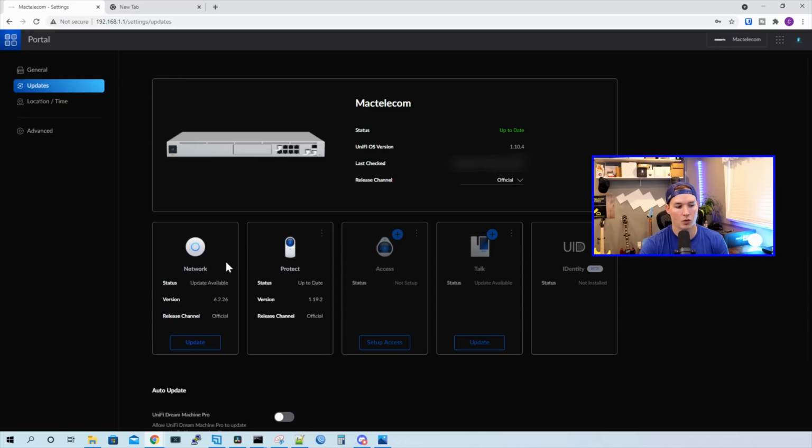Under our network controller, we could see there's an update available. The current version is 6.2.26 and it's under the official channel, and we could see the same for the Protect controller. I'm going to go ahead and update this network controller. I won't be using Unifi Protect through my Unifi Dream Machine, so we could click on these three dots and we could press stop. I will be using Unifi Access and Unifi Talk once it's available in Canada, so we'll